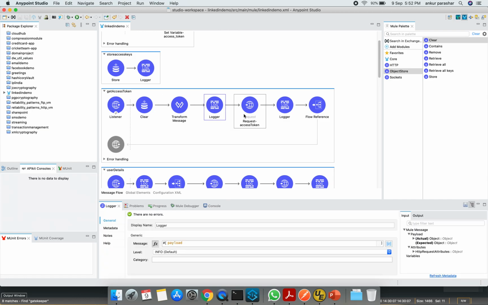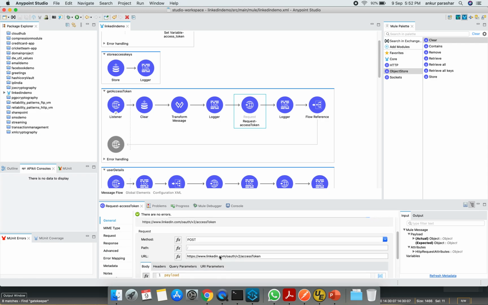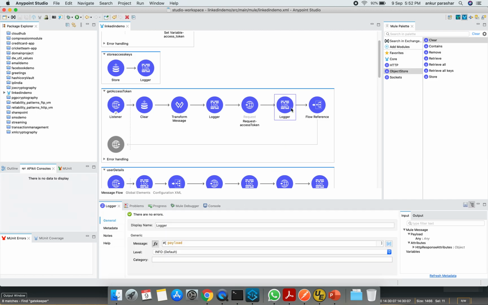Then there is a logger. After that, there is an HTTP requester, which is going to call linkedin.com OAuth v2 access token, and there is a post method assigned to it. For payload, it will take the details from here, and I think that's pretty much of it. Finally, it is going to log the access token.